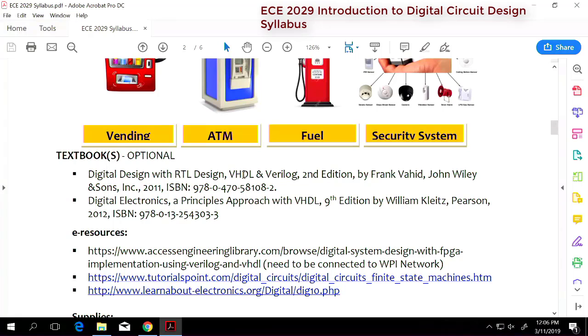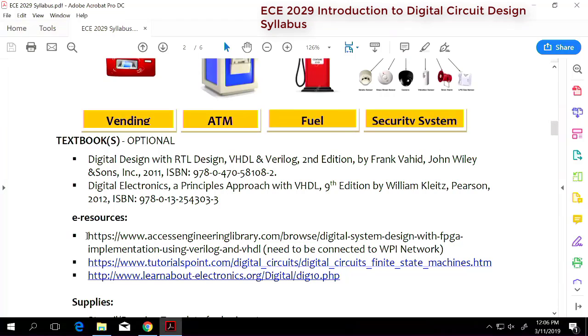For the second one, I found a link and uploaded it onto Canvas. You should be able to just go in there and see what's in there. There are some electronic resources available. For this first one, you need to be connected to the WPI network, and I would also require you to give me feedback on whether this link is working or not. WPI is subscribed to AccessEngineering, which gives us access to many engineering books. You can just go in the search engine, type digital electronics, and many books will show up. Try to go to some of those books and see if they are accessible to you or not, and then give me feedback.